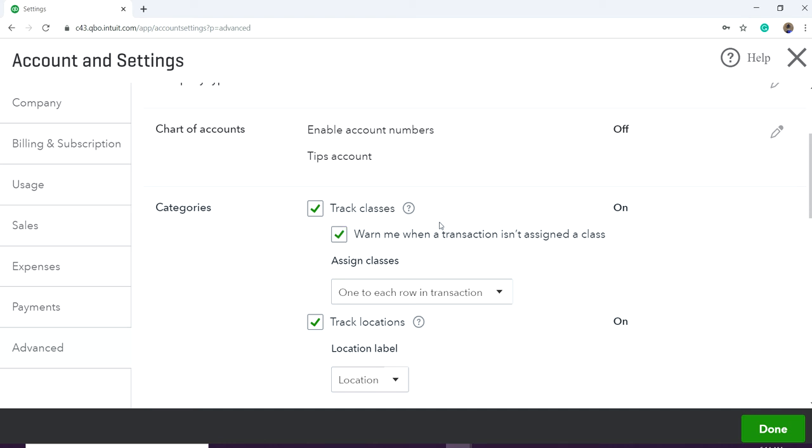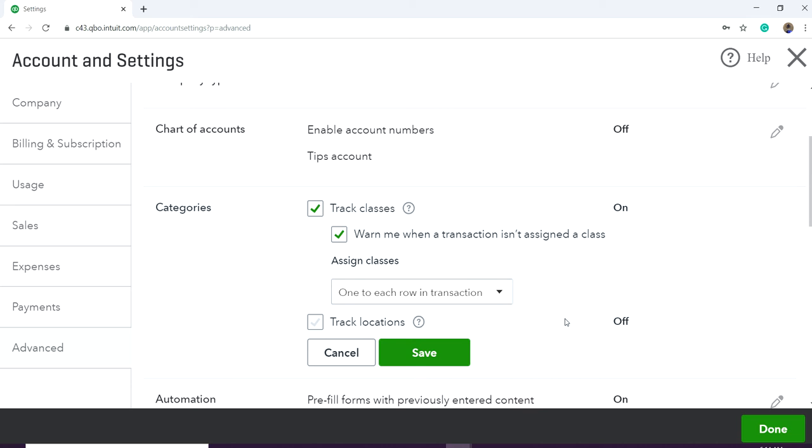It's better to check this box, and then you have to decide: one to each row in transaction, or one to entire transaction, for the whole transaction. So what that means is